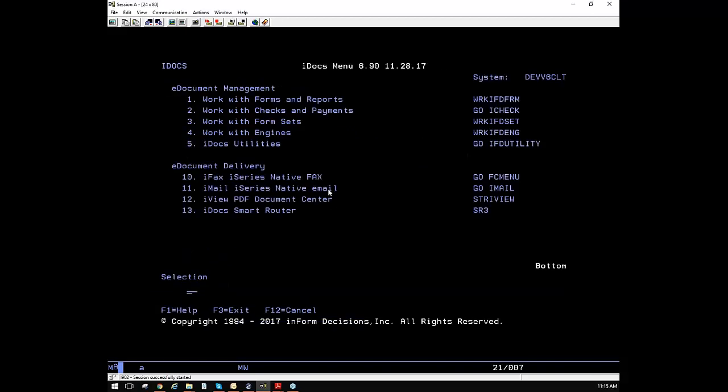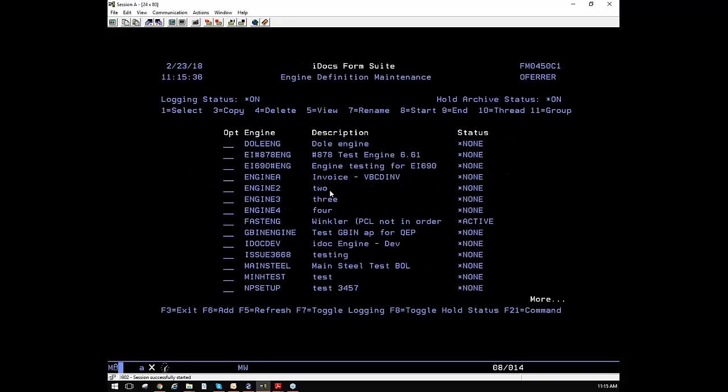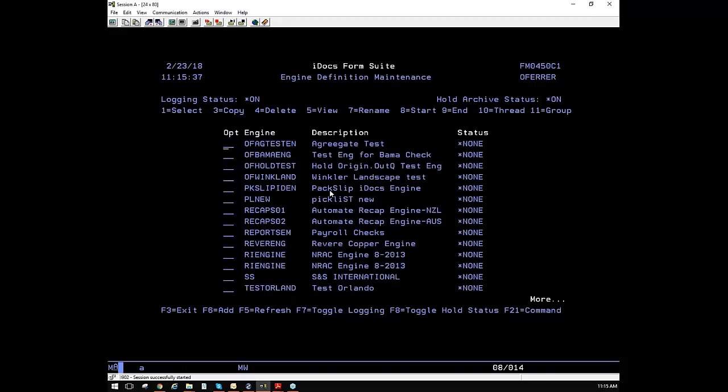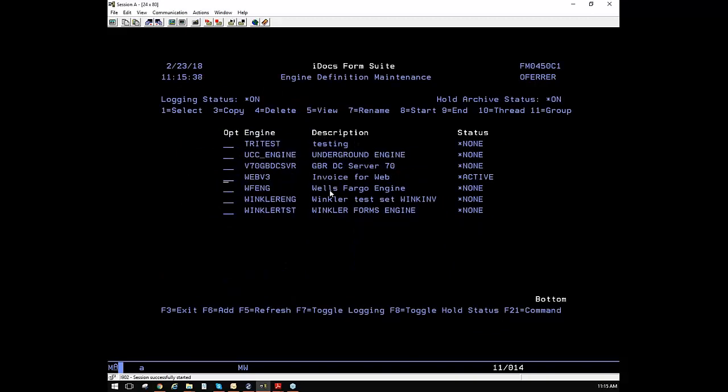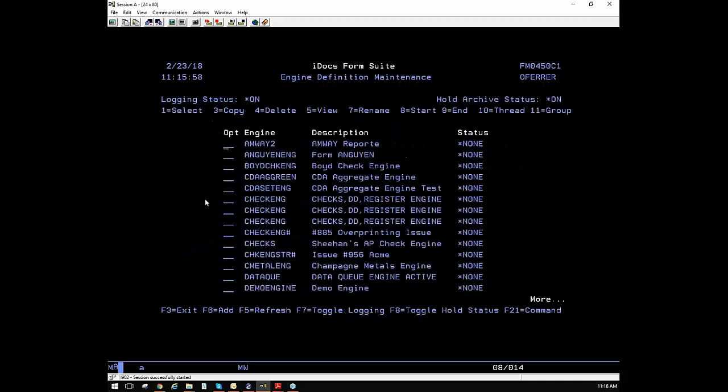This is live. There's my engine. I'm going to look at it. So I'm actually going to send the original spoof file to the in-LQ under my library. It's going to process through, and star form, remember, tells it, I'm not going to tell you where to go. The form application is going to tell you where to go. And the form application is going to do the 2 sequences